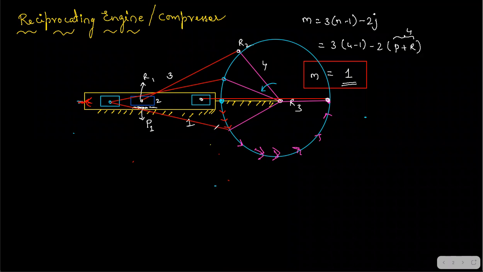Now just see, how do we calculate the stroke length here? Rotary motion is being converted into reciprocating motion if it is a reciprocating engine. If you want it to be a compressor, you fix a motor here, you rotate the crank, and then the cylinder will compress the air. You will get compressed air, and it will store it somewhere. So it can be used as a compressor, or it can be used as a reciprocating engine also. If the input is given from the cylinder, then it's a reciprocating engine. If the input is given at the crank, then it is a compressor.